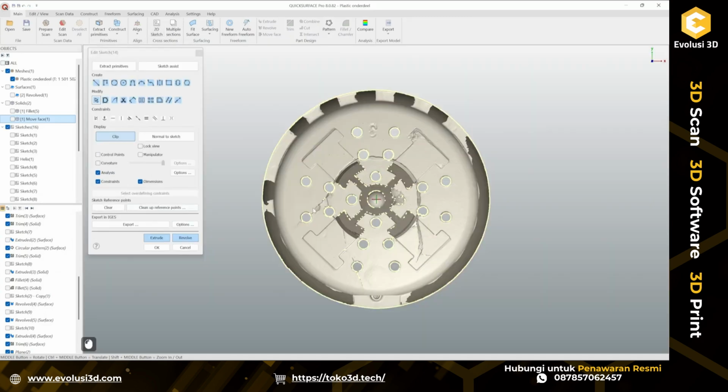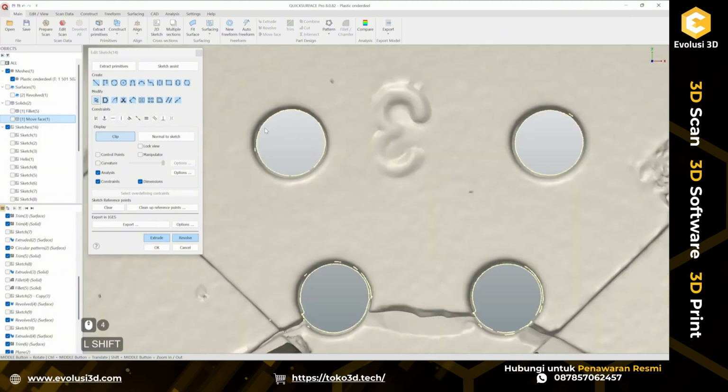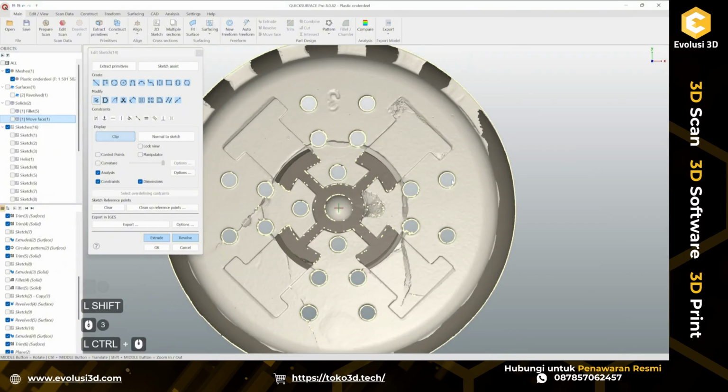Okay, let's create this. So what can I see from here? I have pattern features. Again, 4 circular patterns of these cutouts. So in order to accomplish this,